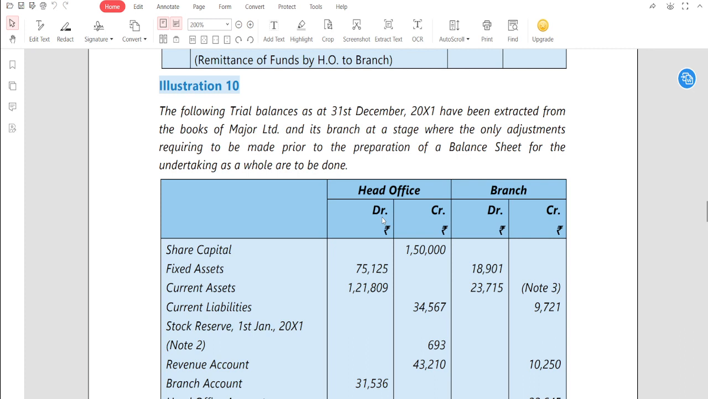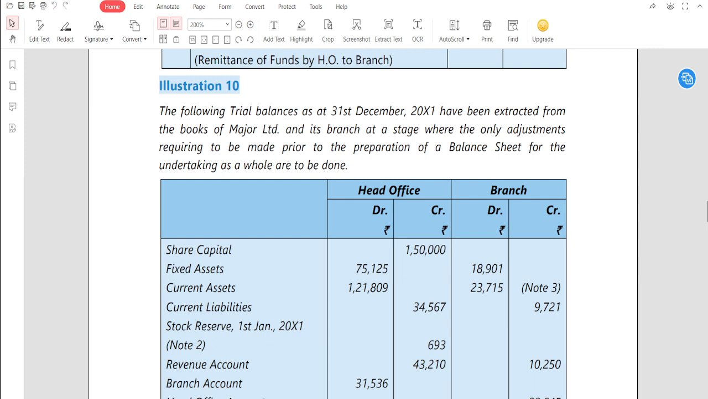I am requesting everyone to please do these sums by your hand at home. Okay, now please focus and try to understand each and every part. Again I am going to read. Okay, the following trial balances as at 31st December 20X1 have been extracted from